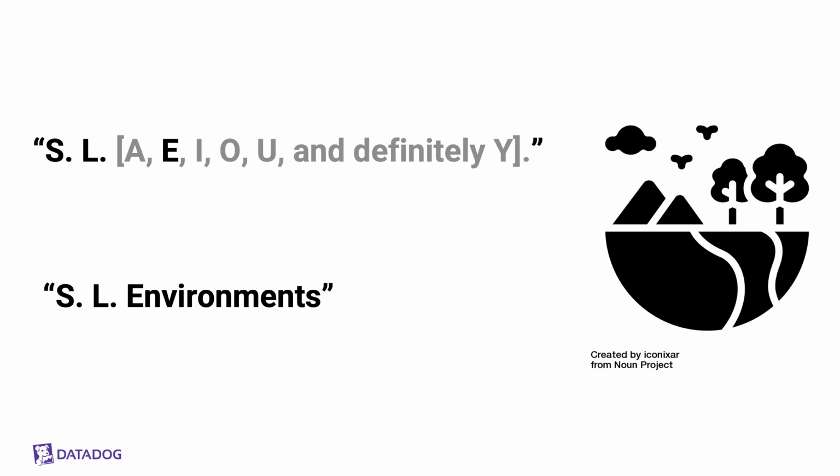Now, getting back to our vowels, the next one is SLE for environments. I've worked in places that didn't have one prod environment or two, but 30. Everything was considered pager-worthy, even though only one environment was user-facing at a time. If you have multiple environments, as part of your SLOs and your API documentation, you should be clear about what things like, for instance, your staging environment is for. Is it for your team to test things? Is it for other teams to test integration with your service? What kind of availability are you promising for your staging environment?